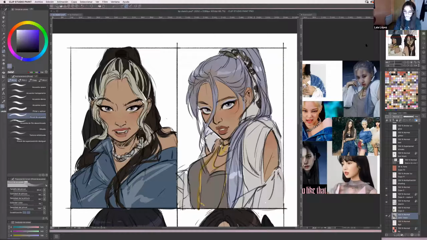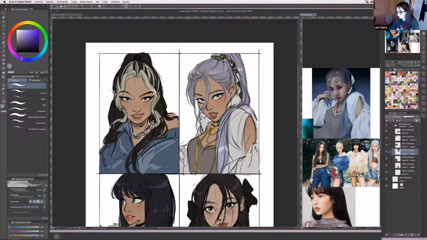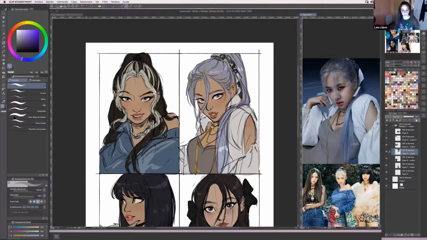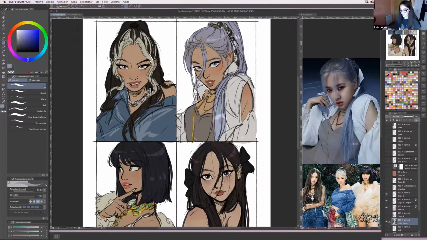For Rose's drawing, I followed the same color palette, shading, and everything, and you can see that the light on her hair makes this kind of shape. I totally made it up here, but then I fixed it later on when I was cleaning it up. So this step is basically to place the colors wherever they belong.